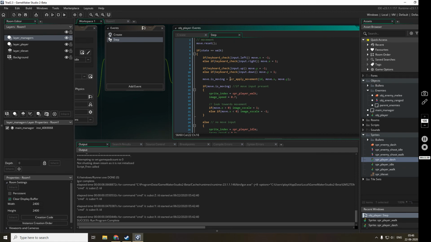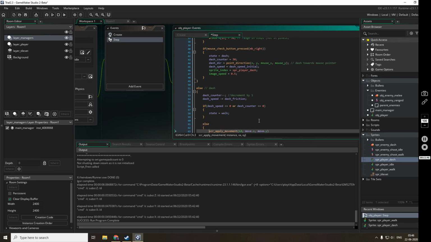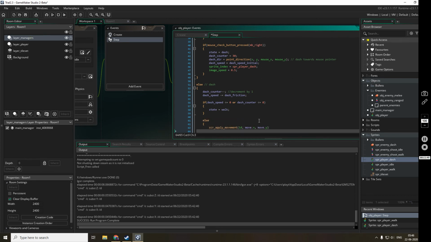So we don't need to set anything else here, but we have to apply the motion. So basically we'll be using the same function for applying motion here.